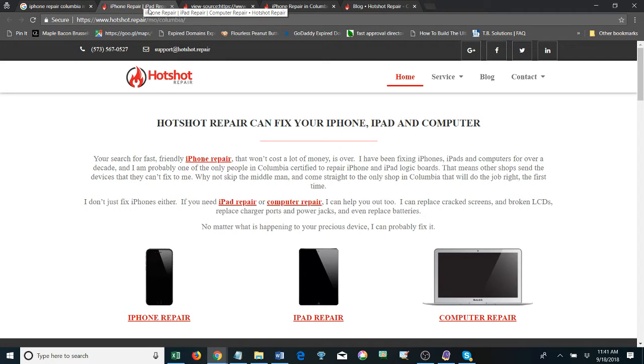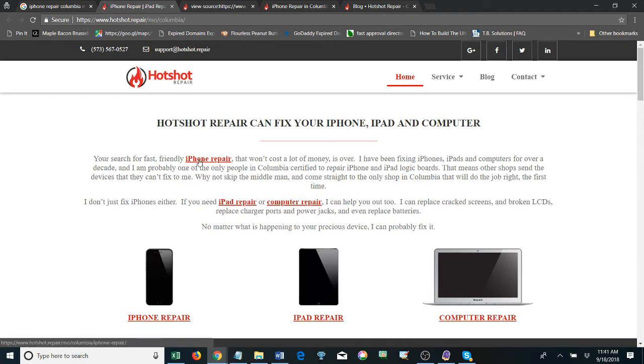And for this home page, make it more of a hub page, or not hub page. Everyone uses so many different terms, I kind of get them confused. But use your home page for your brand name if you want. And something that you did that's pretty good, but I want to point out, is your iPhone repair.